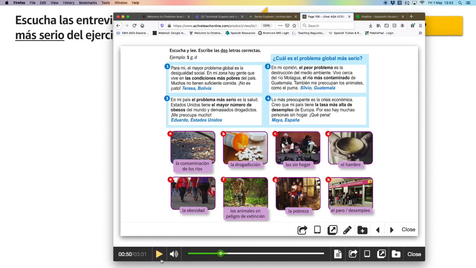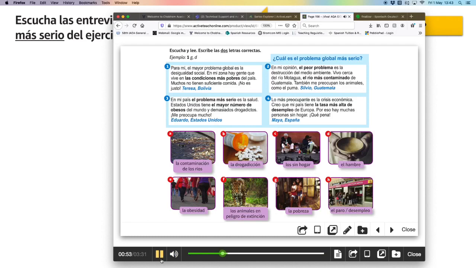Right, so you may have not understood everything that I said. You are not supposed to. You just need to listen to what is the problem that is more serious. So do not worry if you didn't understand every word. Hay que means we have to. We're going to have a look at that in the next lesson. But let's listen to number 1 again and see if you can find out what is the most serious problem.